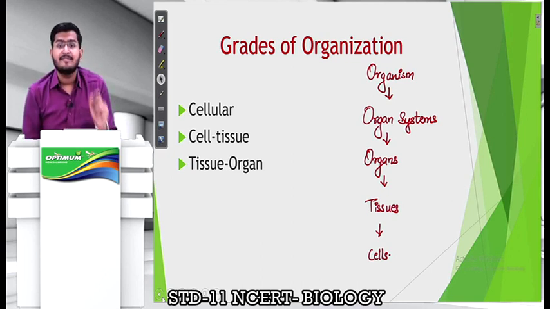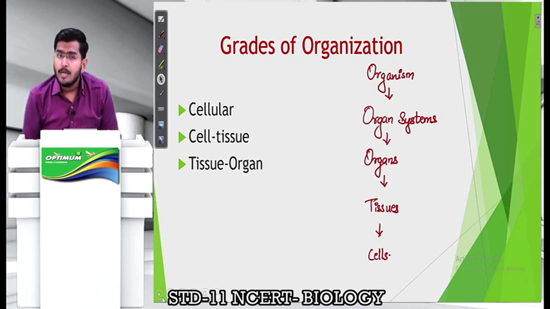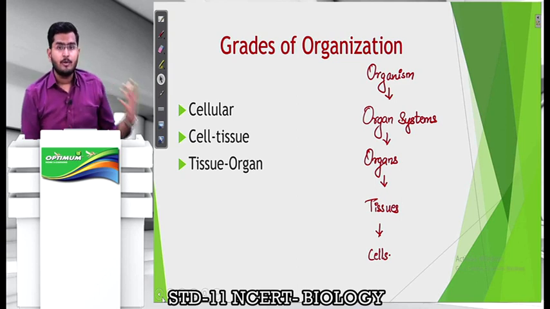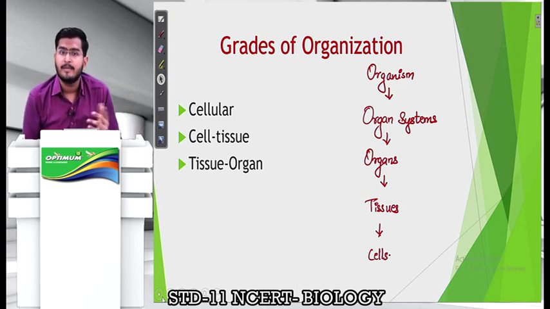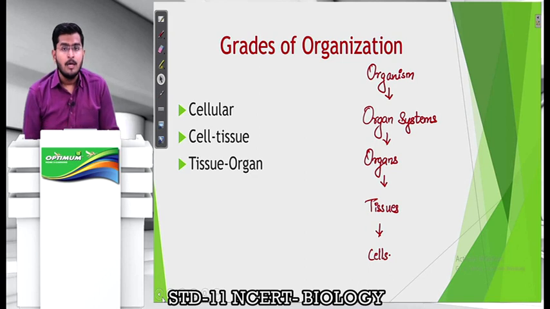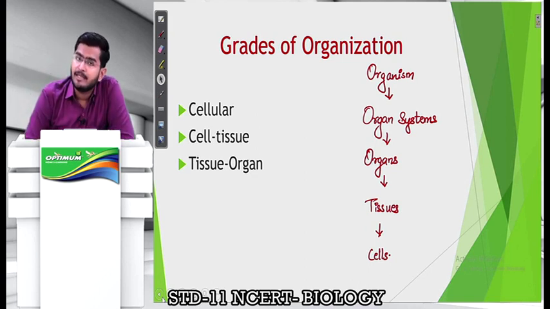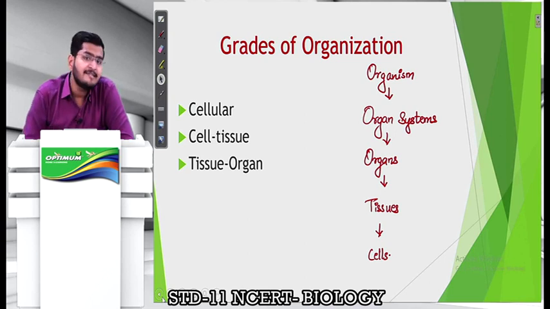So in some organisms you can find only cells. So you call them as cellular level of organization. In some you have cells as well as tissues, so you call them as tissue level organization. In some you have tissues and organs, you call them as organ level organization. So आपको ये तीनों कैटेगरी के ऑर्गेनिजम्स किंगडम एनिमेलिया में दिखाई देंगे. कुछ ऐसे होंगे जिनके पास सिर्फ सेल्यूलर लेवल ऑफ ऑर्गेनाइजेशन है, कुछ ऐसे होंगे जिनके पास टिश्यू लेवल ऑर्गेनाइजेशन है, कुछ ऐसे होंगे जिनके पास होंगे ऑर्गन लेवल ऑर्गेनाइजेशन.